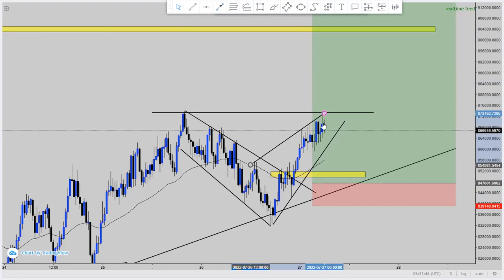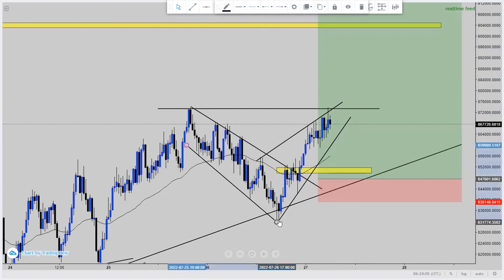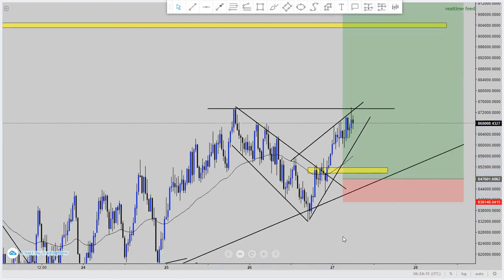Yeah. I started even seeing flags there. You see, the lower time frames, they confuse you now. You see flags and what. Yet if you go to a high time frame, there's nothing like that. But if ever you see a flag on the high time frame, like if you see it on an H1, H4, daily, then that's when you need to know that things are about to happen.